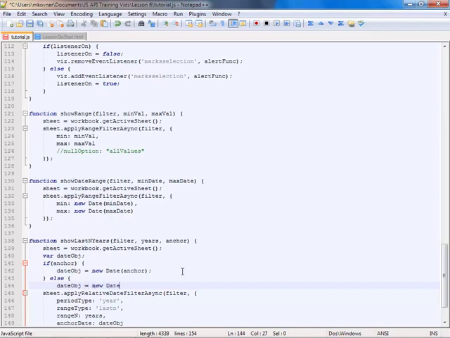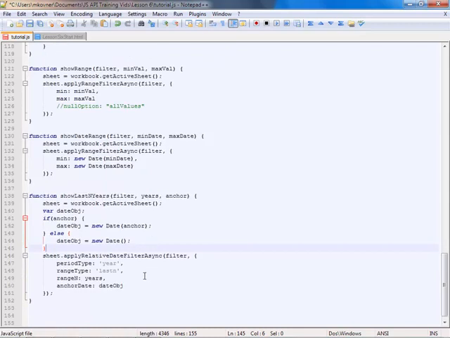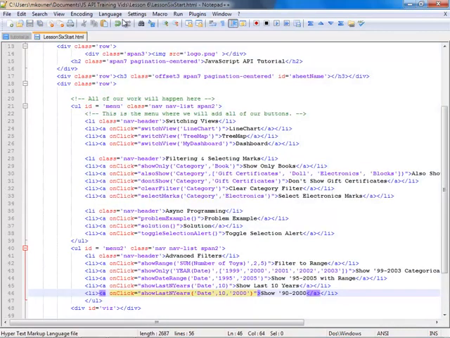JavaScript gives you a nice, easy way to create a date object, which is today, with just date, open parentheses, close parentheses. And now, this is dynamic. They can choose an anchor or they can't, but they still will pass in either today or their chosen anchor. I'll hit save,